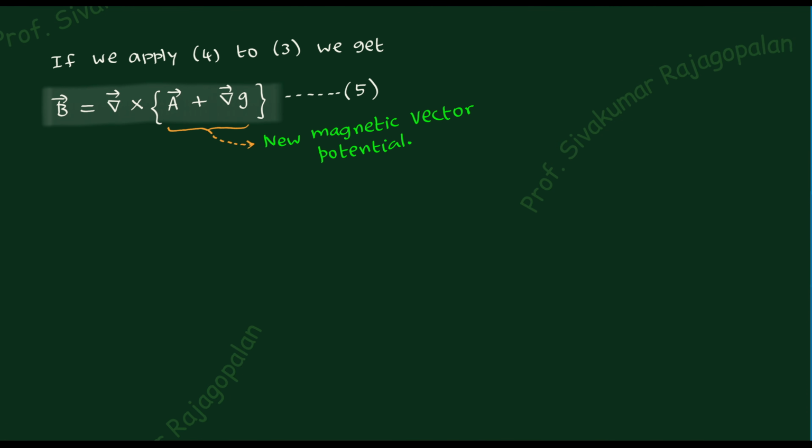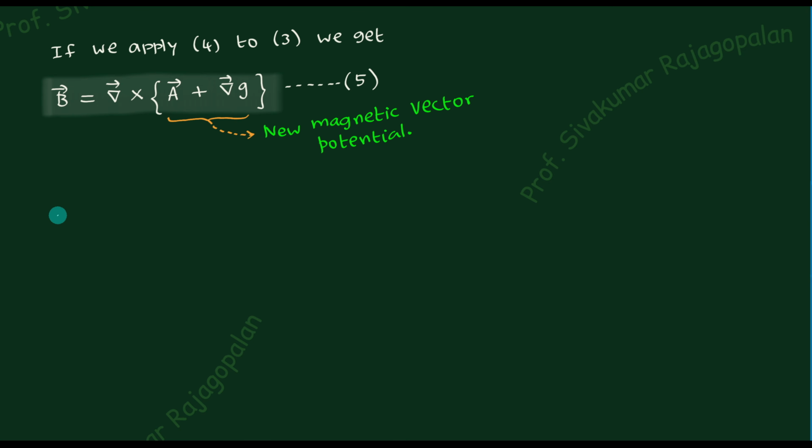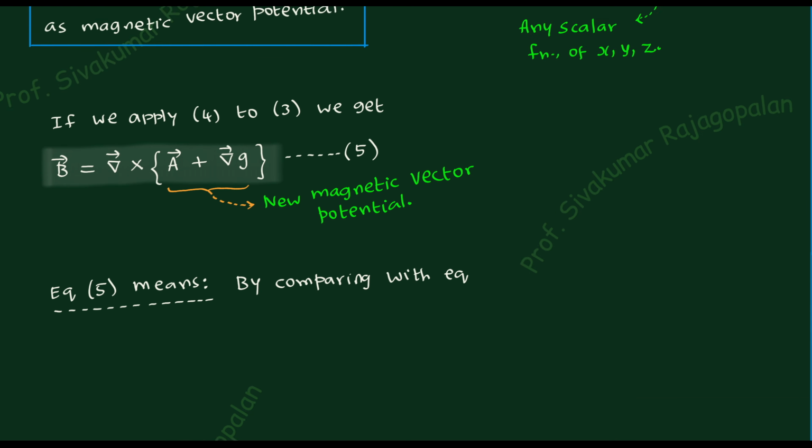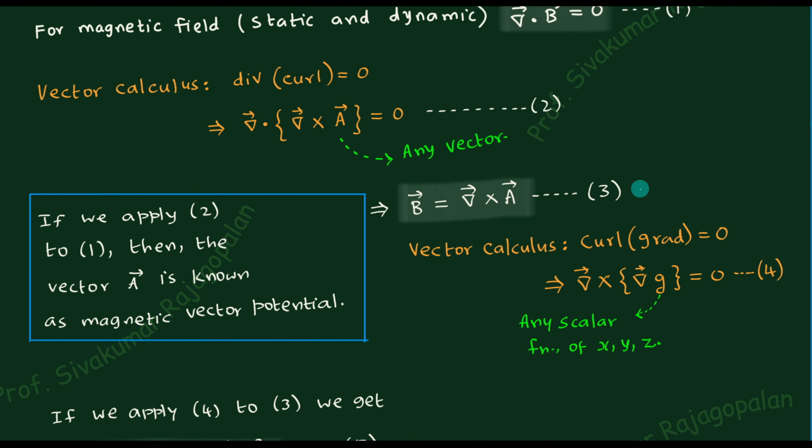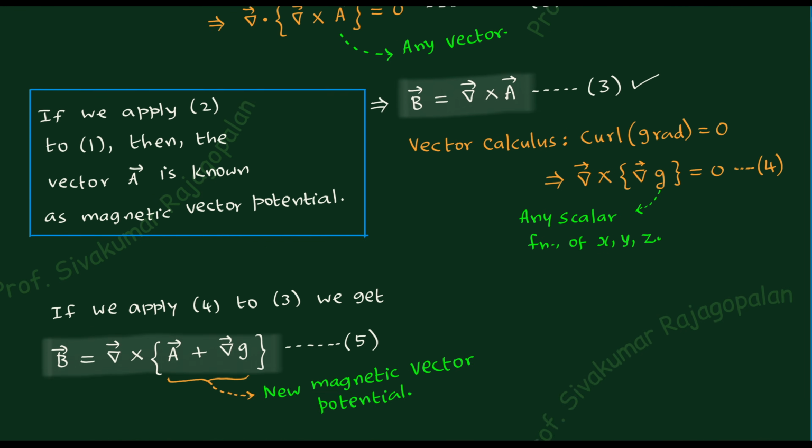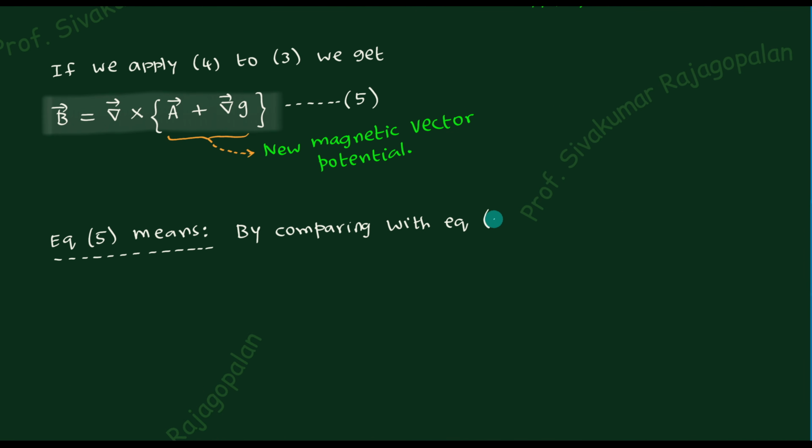Okay, so let us try to understand the meaning of equation number 5 now. What is the meaning of equation number 5? Now to understand equation number 5, you have to compare with equation number 3. So by comparison, what is equation number 3? Just remember, because we came down. So remember what is equation 3? Curl of A. That is the one. So note down that and let us do that. So now we are going to compare this with equation number 3. What is that we understand? So we understand that the same magnetic field B, the word same is very important. Okay, same magnetic field B